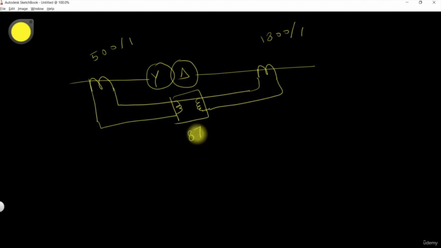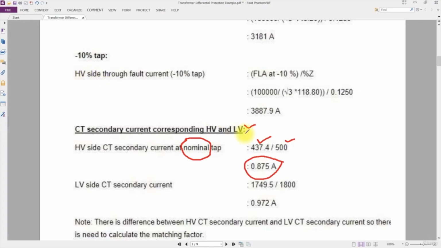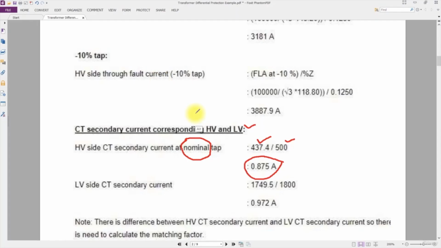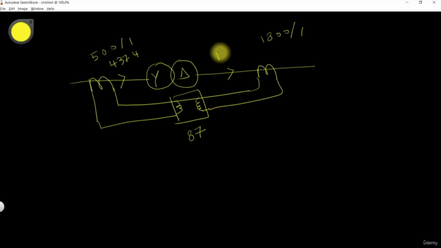This is the 87 differential relay. Here we have shown that the nominal current at the HV side, the full load current, is 437.4 amps, and the LV side current is 1749.5 amps. So you have to divide. If 500 is flowing, the secondary side current will be 1 ampere. If 437 is flowing, you have to divide it by the ratio. The CT ratio at the HV side is